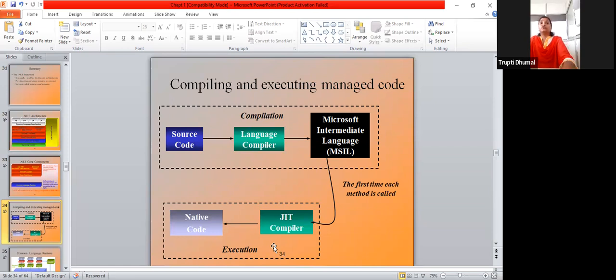It is the basic question for the practical oral exam: how the compilation and executing method of managed code will go through. Your answer should be like this: the source code, whatever we have, gets compiled through the language compiler. Then it is sent to the MSIL, the Microsoft Intermediate Language, which is going to turn that code into